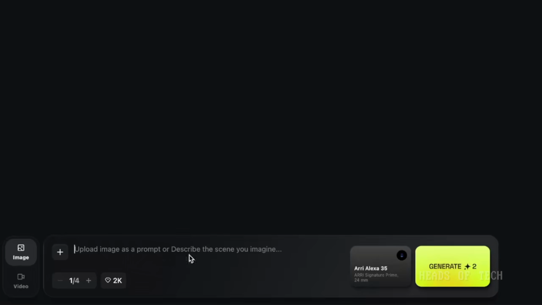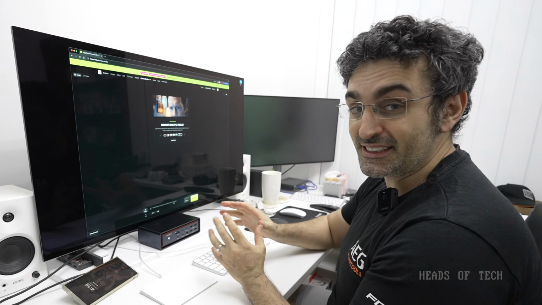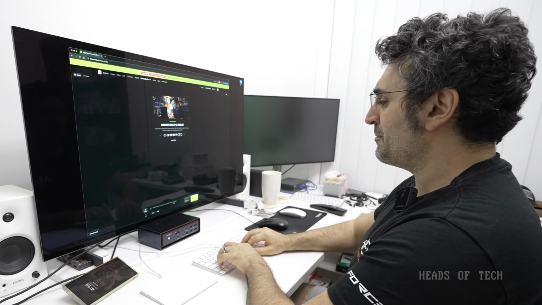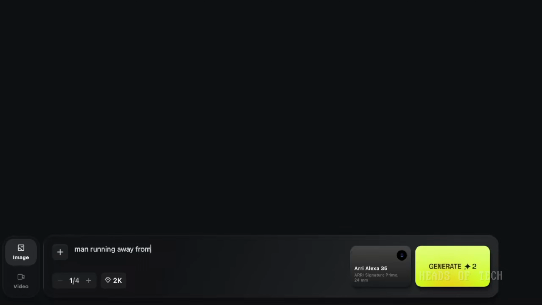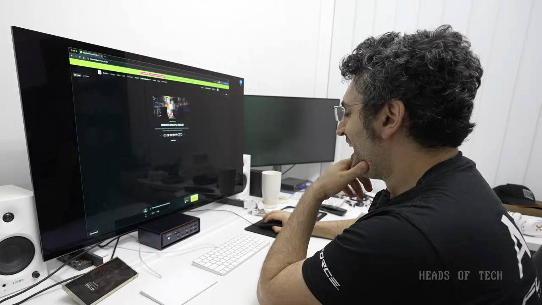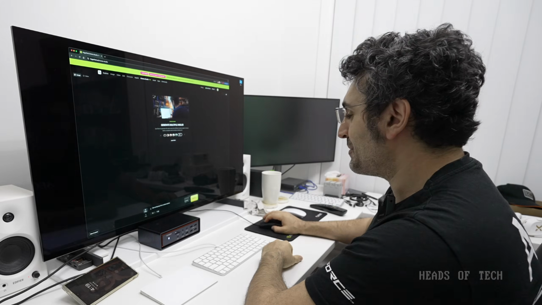Upload an image as a prompt or describe your scene. So I'm going to do both. I'm going to try out the text and then I'm going to be uploading my own image and just see how it goes. So I'm going to say man running away from a nuclear explosion. You get to choose the camera that you want. So this is the lens. So I'm going to start with the Alexa 35 camera cinematic, and it's only going to take 2 credits to